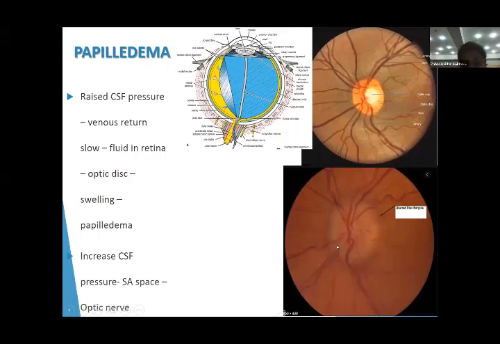Margins clearly नजर ही नहीं आते. ठीक है. This condition is called papilledema. ठीक है. subarachnoid space में CSF का प्रेशर राइज किया है, जिसकी वजह से वीनस रिटर्न स्लो डाउन कर गई और फ्लूइड अक्यूमुलेट हुआ इन द रेटिना।